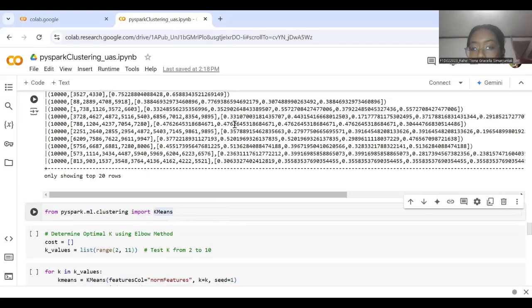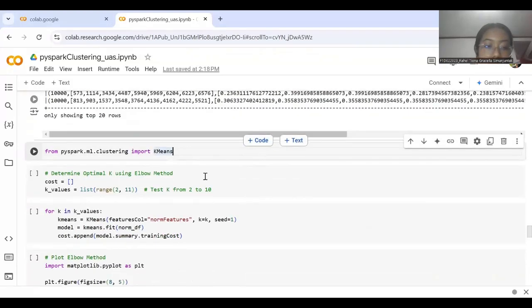Okay, the next line begins by importing the KMeans class from the pyspark.ml.clustering module, which is essential for implementing K-means clustering in a PySpark environment. This class will be used to create clustering models based on the input data.